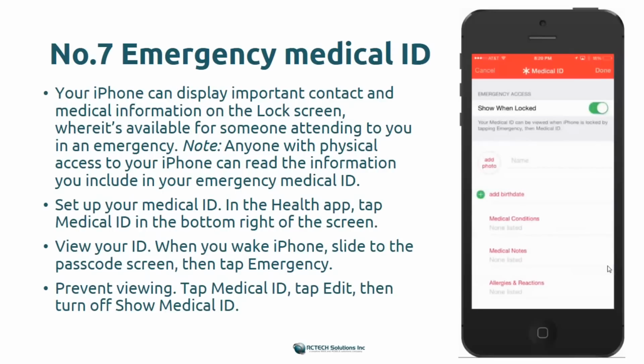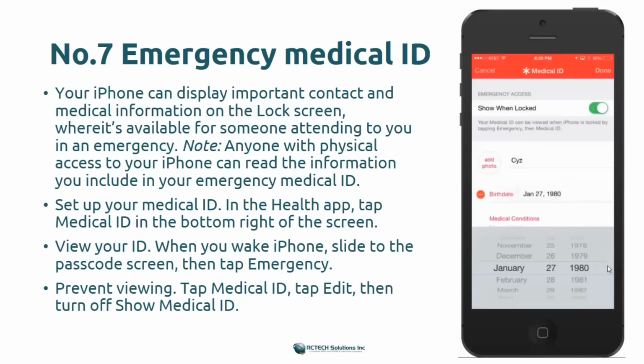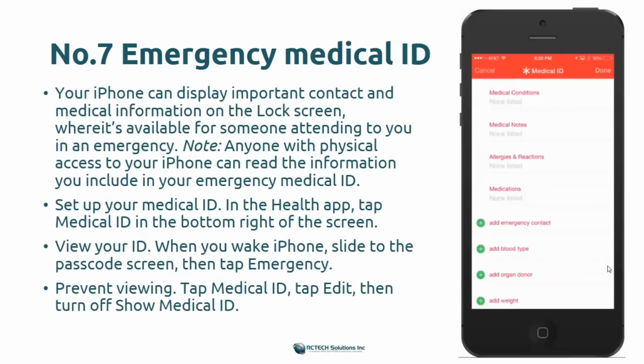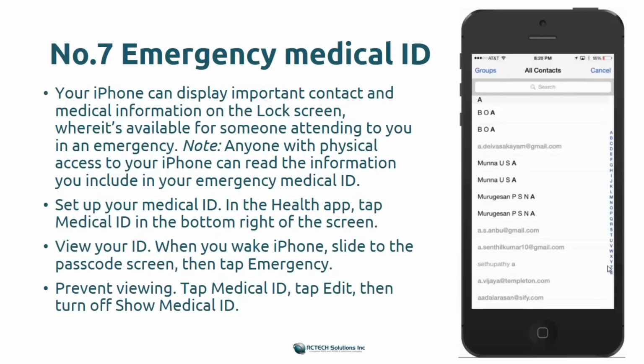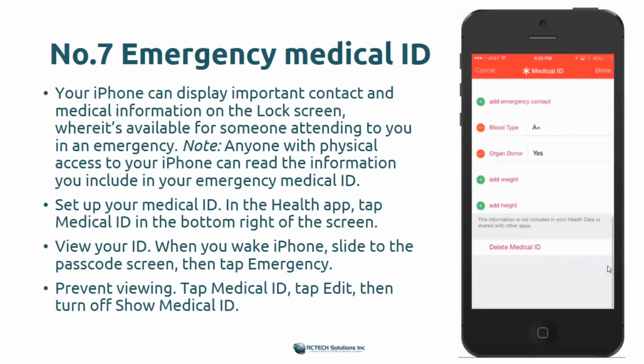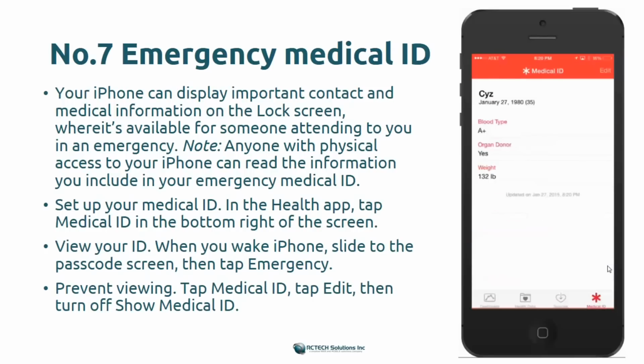Click on it, Show When Locked, and I specify my name, add my birthday, any medical conditions, and medical notes. You can specify the emergency contact, then add the blood type. If I'm an organ donor, you can add all this information. Then click Save,